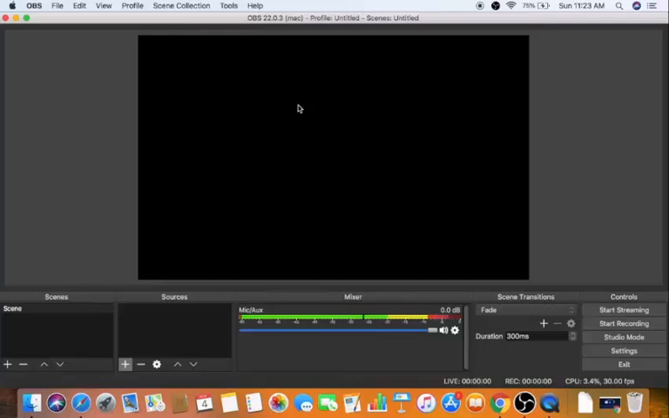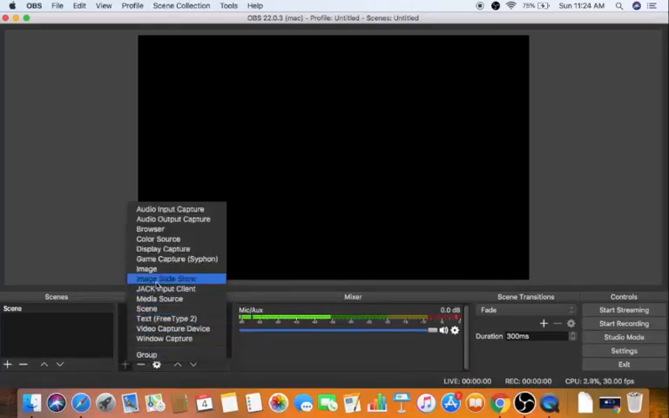For the first time when you open OBS Studio, you will see this blank screen here. So let's say I want to capture my desktop using OBS Studio. Let me show you how you can do that. First of all, you need to click on this plus button under the source section here. I'm going to click on this plus button, and then to capture your desktop, you just need to click on this button which says